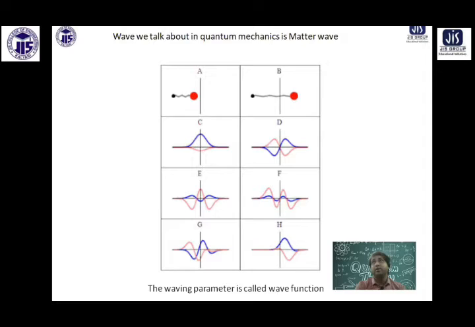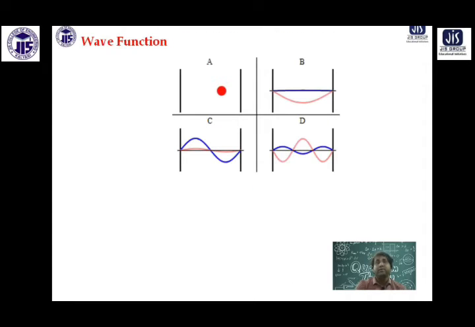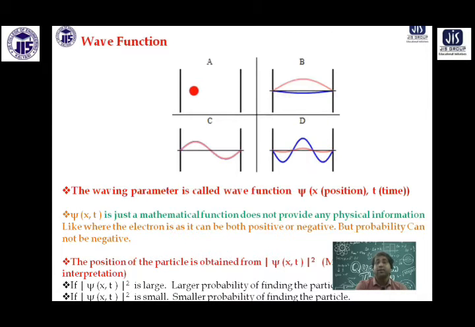Point is that if you look at the wave, let's look at this wave. Sometimes it is becoming plus or minus. Probability cannot be negative. So the quantity which is varying is defined as a function called the wave function, represented by psi. It's a function of space and time, because it is changing in space as the matter is moving in space. So obviously the wave pattern is changing in space, and it is also a function of time. After some time everything might change. Therefore, the probability of finding the particle is given by mod psi square. If it is a large object, a small object is not there.